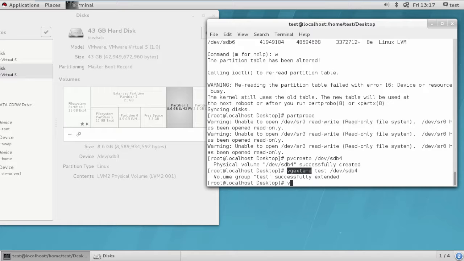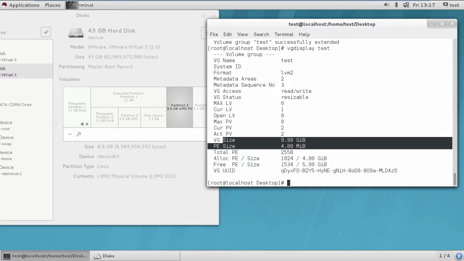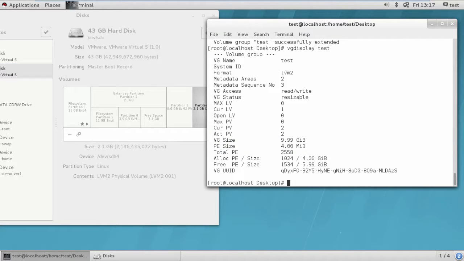Now we can check by using vgdisplay. Enter. Or we can even define test here. So we have defined only test. It is showing me the size has been extended to about 10 GB, that is 9.99 GB now. Now it has been extended. You can see this partition. They are separate partitions, but your VG, which is the group, will merge both the partition sizes,